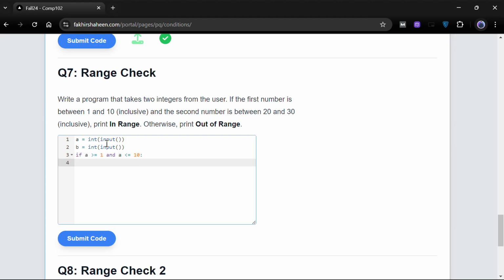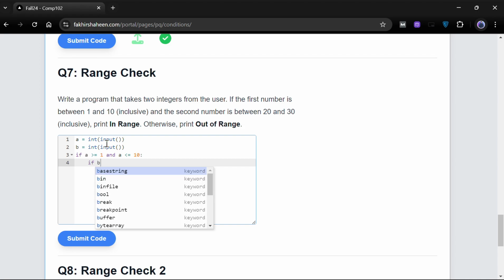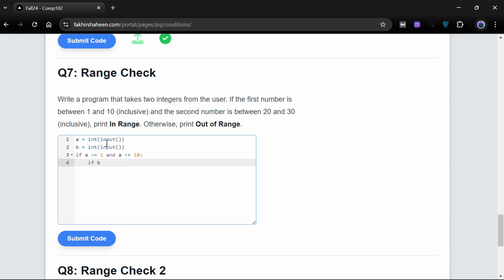And then we have to check B. We are going to check the first condition. If the first condition is true, then we have to also check the second condition. If B is greater than or equal to 20 and B is less than or equal to 30,